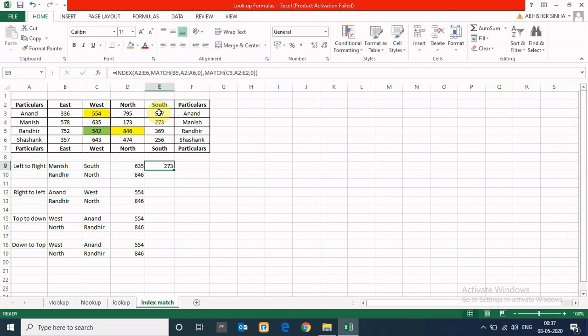So this is not giving the result, but this is giving. So Manish South is 273. The formula becomes dynamic when you use MATCH.